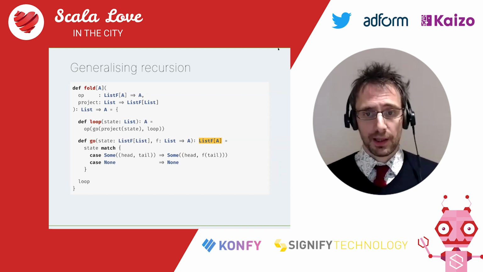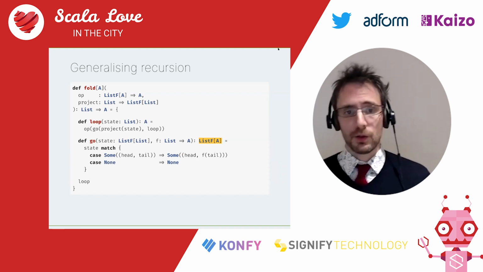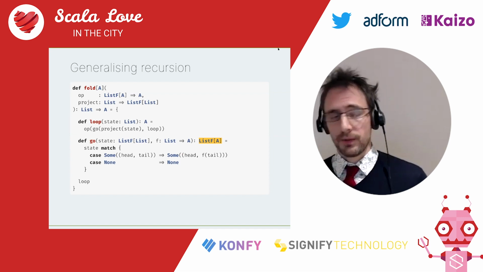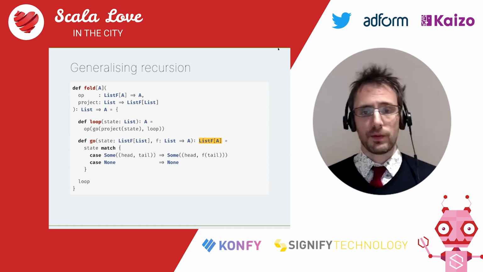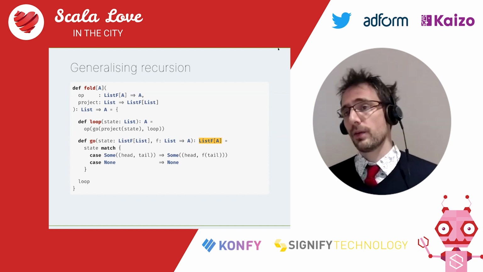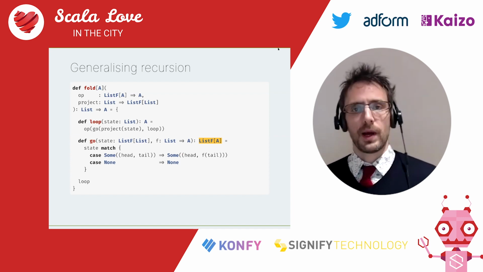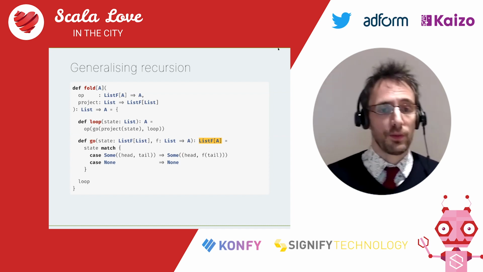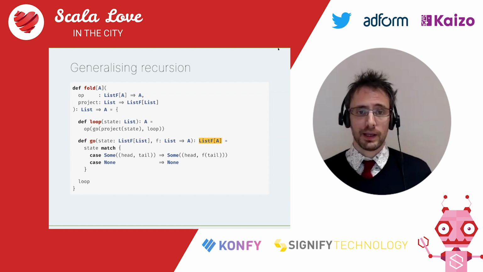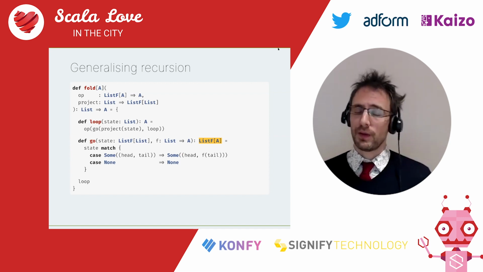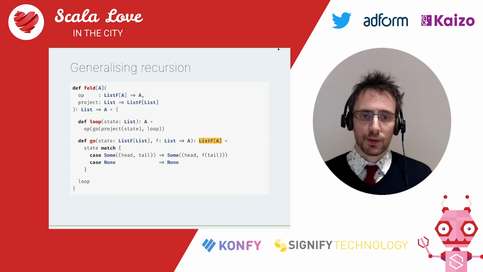You have seen map, you must have. When you have an option of A and a function from A to B, then you can use map to turn that into an option of B. If you have a list of A and a function from A to B, you get the list of B. If you have a future of A and a function from A to B, then you get a future of B, etc., etc., etc. It's all over the place. It's an extremely common pattern. It is such a common pattern, actually, that we have a name for it. It's not a very friendly name, but we call that